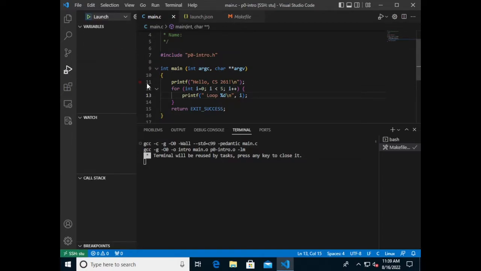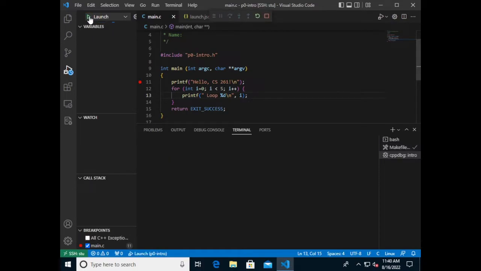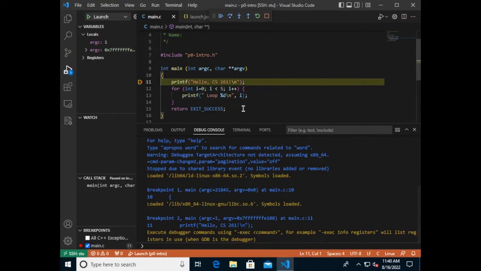But before we do that, I'm going to set what's called a breakpoint, because otherwise it's just going to run the program and not stop anywhere. So I'm going to set a breakpoint here at the beginning of main, and I do that just by clicking out in the margin here, so you can turn breakpoints off. And you'll notice that it appears down here, showing that it's going to pause execution at line 11 of main.c. So at this point, now we can click the little green triangle here, and it will start the debugger, and it takes a little while to get going.